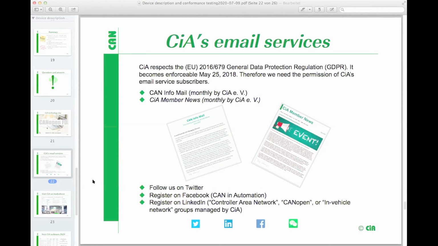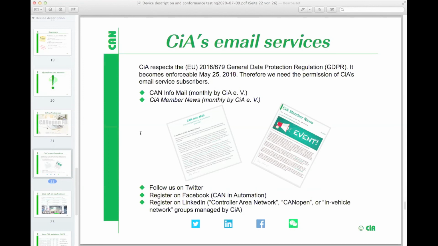And we have newsletters as of right now. You can follow us on social media and ask questions there, but I would recommend in the first place to ask questions directly by our service email. Our email services offer an overview for you, for members and non-members, of recent developments in the CAN embedded area,